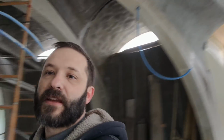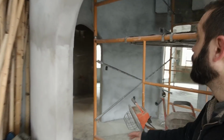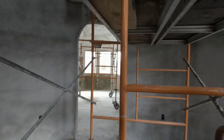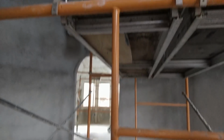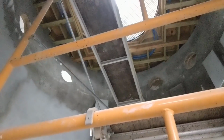All right, this room is the tower. So let me get the camera this way so you get an idea. We've got all these arches, and if you were to go inside and look up, you can see it's this tower room. Sherry's in the middle of stuccoing this right now. This is another room that was done by the